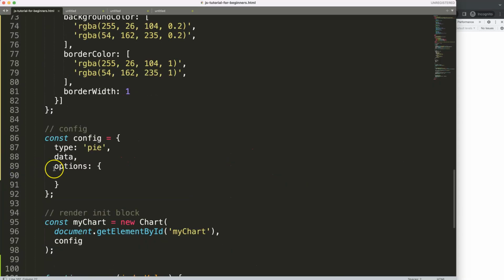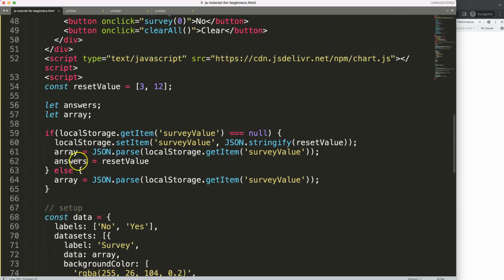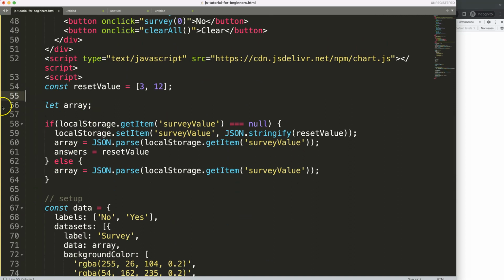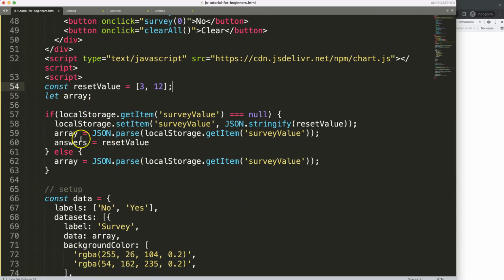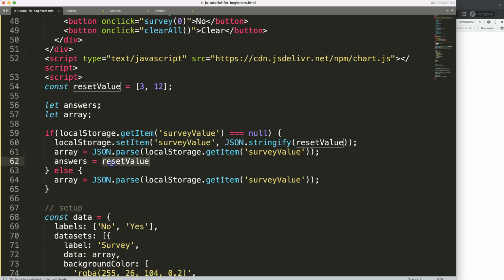So then we can reduce our items here, the answers, so that one is better. We have all of this here, and then answers. Oh wait, I see here the answers is reset value. I thought I removed this one as well, but apparently not. The reset value, if this will be that. Oh yeah, alright. You can see here we have this survey value that gets stringified, and then we say here this. Let's remove this, or let's comment out this,